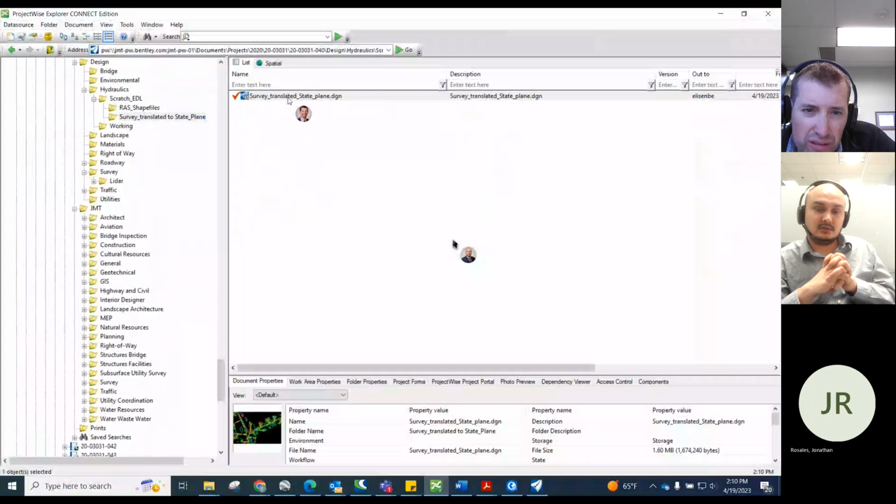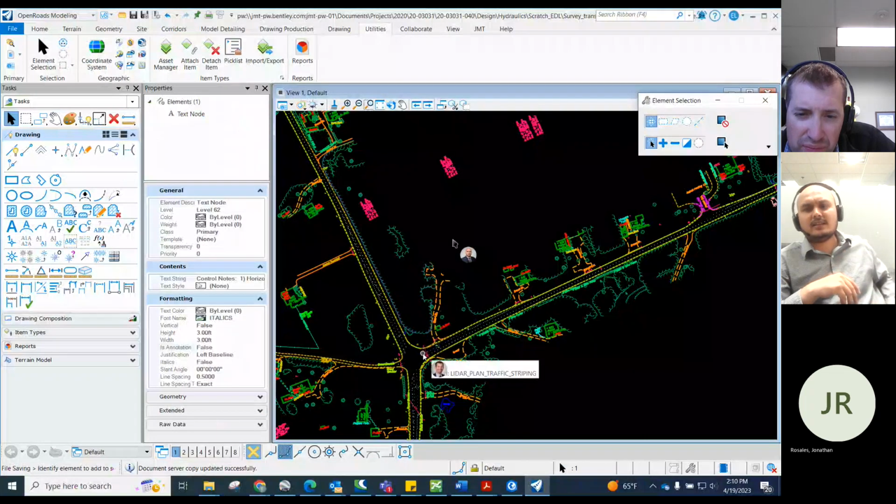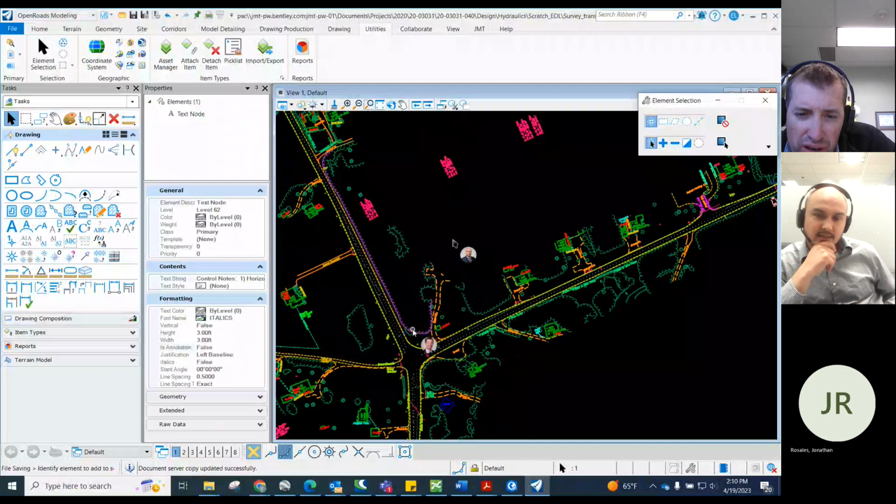So we would make... Oh wait, do I need to draw shapes in DGNs first? Is that what you're saying? You can do that in GIS. You don't need to do it here. Yeah, you can just do that in GIS. And then,